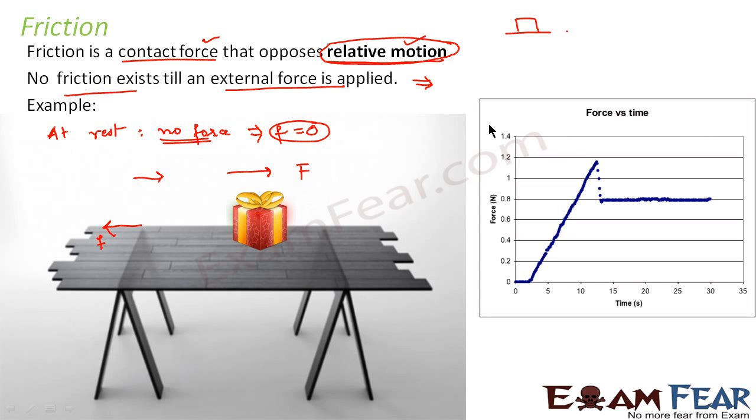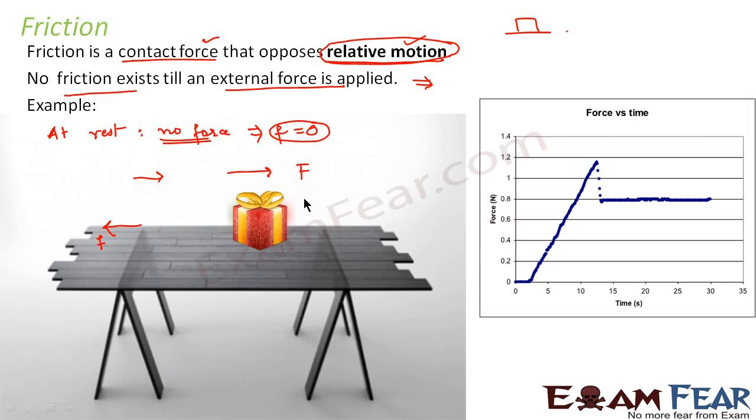Now initially, if you see this graph, it will become even more clear. You see that when force is 0, when this is the force, and the graph which is plotted here in blue, that indicates friction. So when the applied force is 0, there is no friction. So the friction also is 0. Now after that, as the applied force increases, the value of friction also increases. It reaches a maximum point, that there is a maximum value of friction which it can reach. After that, it will fall down and then attain a constant value.